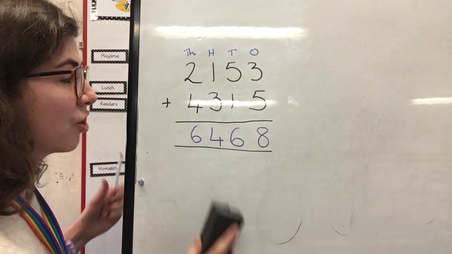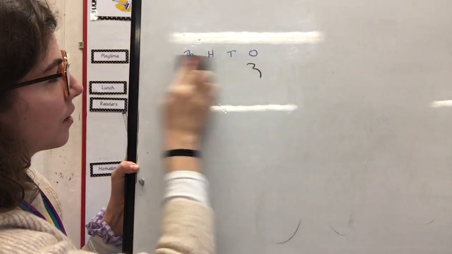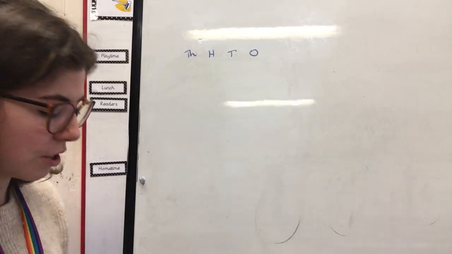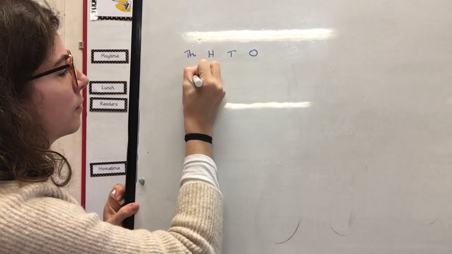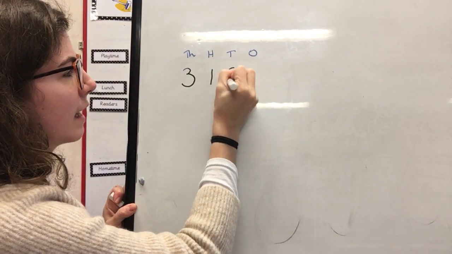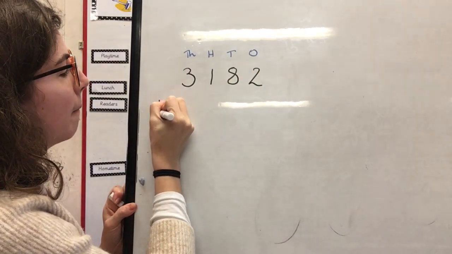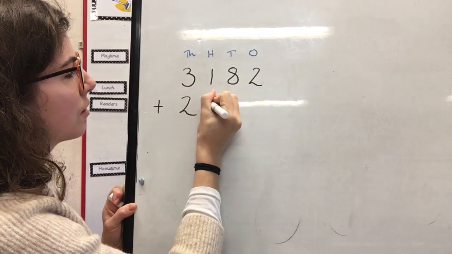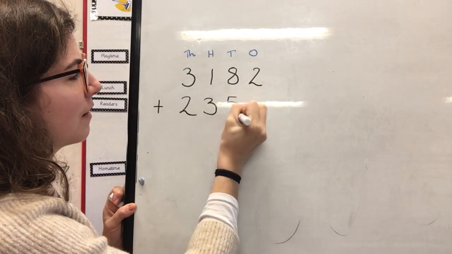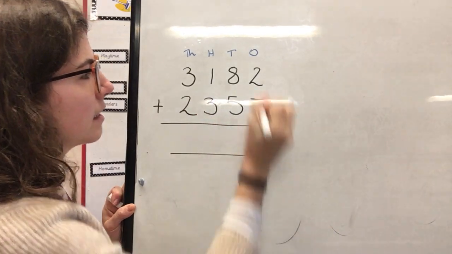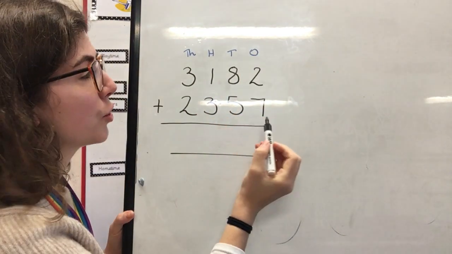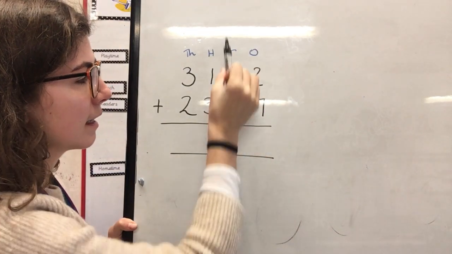Now we've had a look at it without exchange, we're going to look at a slightly trickier example where you do have to exchange. So I'll rub out what I've done so far and I will write my two new numbers. 3,182 plus 2,357. Once again, I've lined up my place value columns so that the ones are aligned, the tens are aligned,